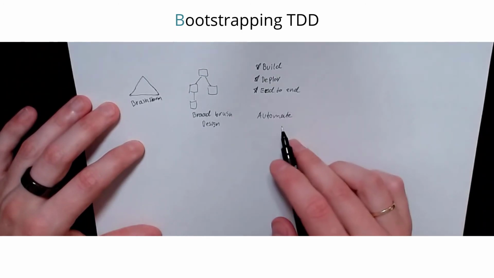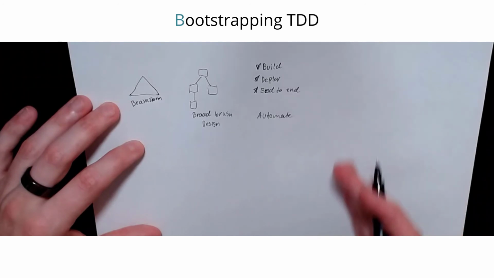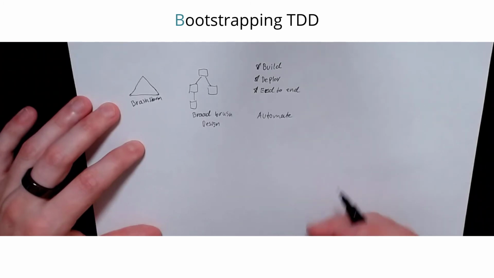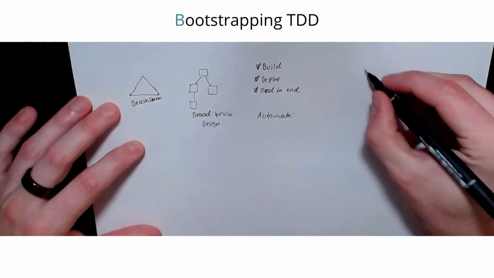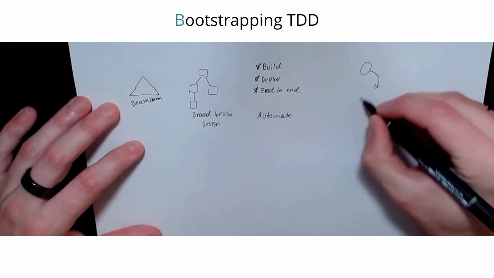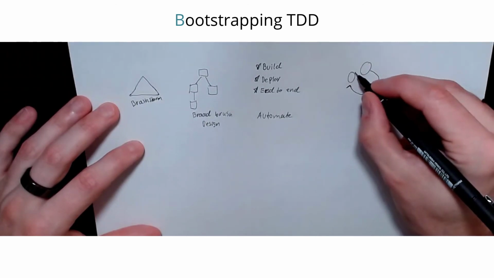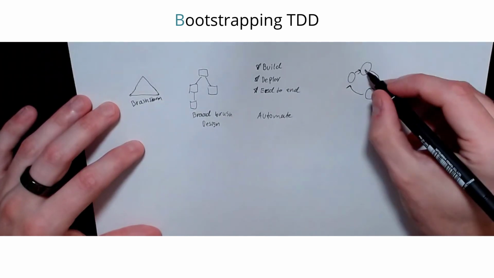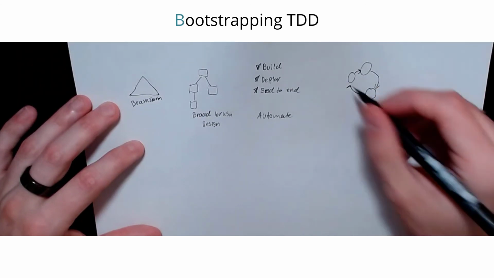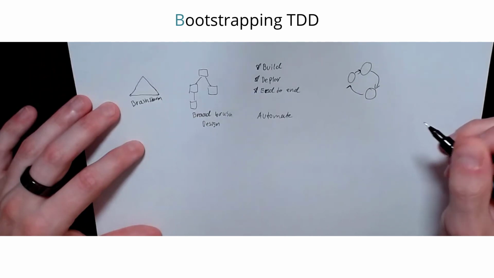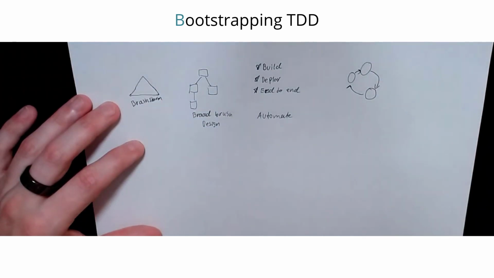So when we have all of that automated, we have a very thin slice of our system already in place. We have what's called a walking skeleton, and that is what allows us to start our TDD process, where we start by writing a test, make it pass, and refactor. So it's only when we actually have some level of existing functionality that we can hope to apply TDD. It's not something that you can start with right off the bat.